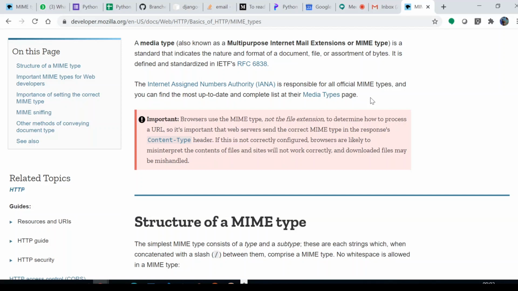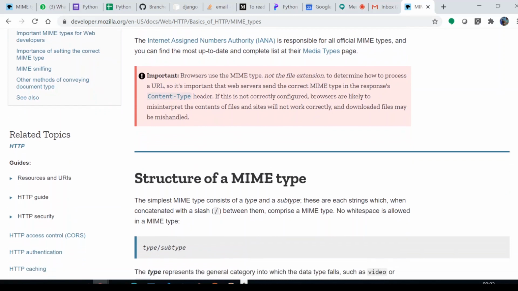It needs to be recognized by mail servers, and some mail providers also provide features. For example, if you have Gmail and you click on an Excel sheet that is forwarded to you, the mailbox automatically opens it, or at least gives a preview of that attachment. In order to recognize what type of attachment it is, we need to know about MIME types. That is why we are learning.